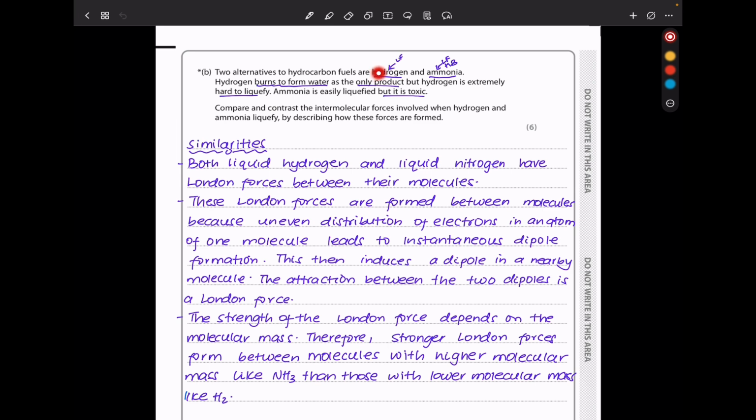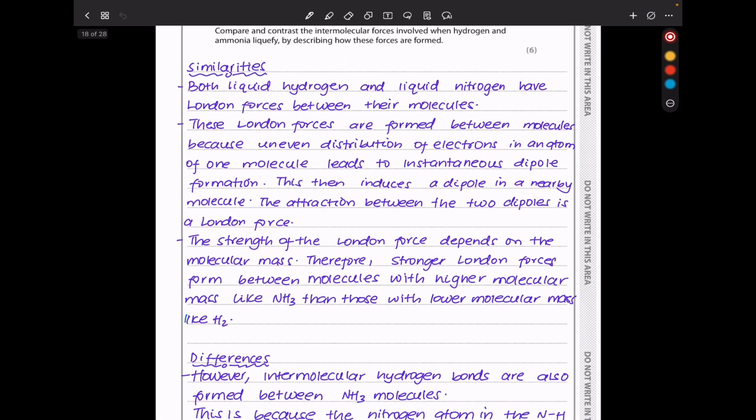We're comparing hydrogen and ammonia. So hydrogen can only form London forces, while ammonia can form London forces and hydrogen bonds as the major forces. Since we're comparing and contrasting, I have to talk about the similarities as well as the differences. So the similarities are both liquid hydrogen and liquid nitrogen have London forces between their molecules, and these London forces